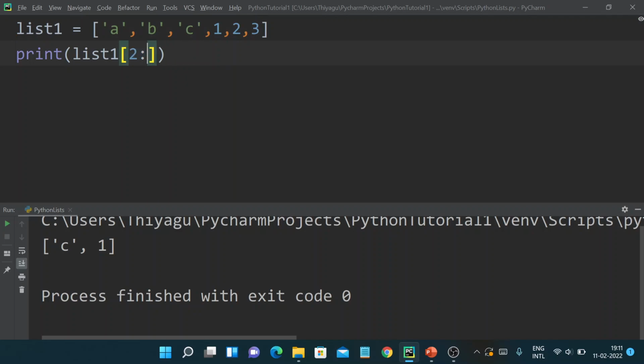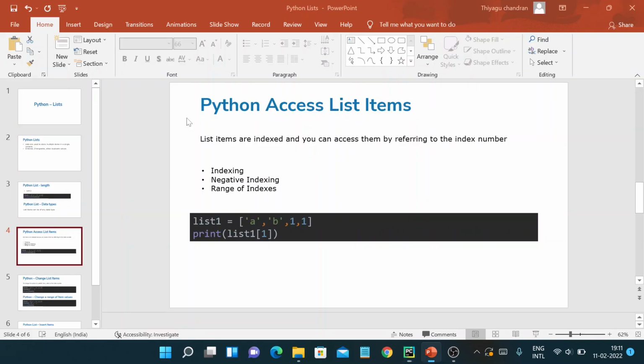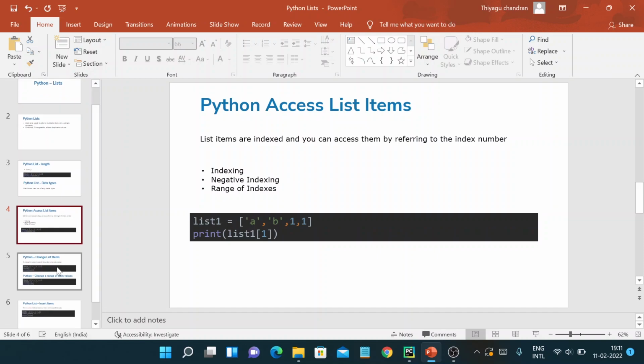So if I want to print 2 to 5, it will access the next value, 1 comma 2, as well. Okay, so this is how you can use a range of indices to access the elements in the list, right? Moving on to the next topic,